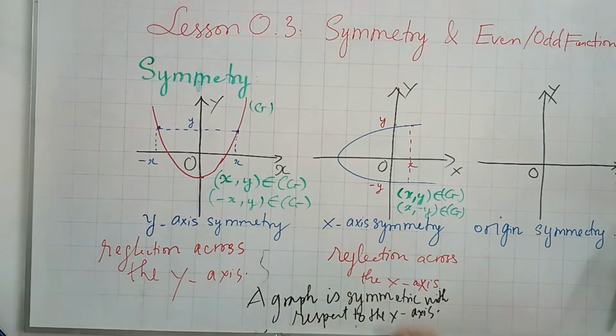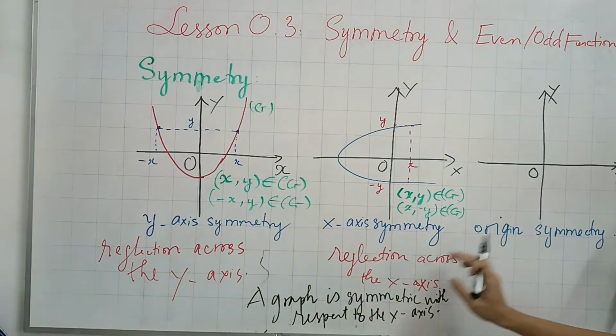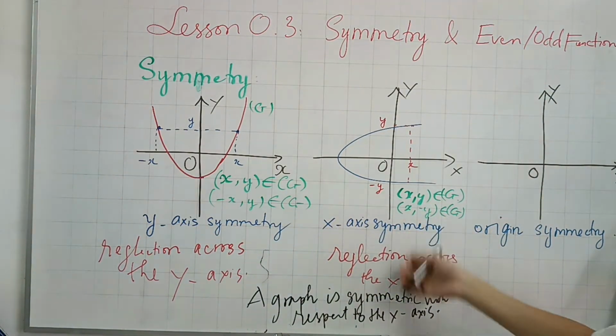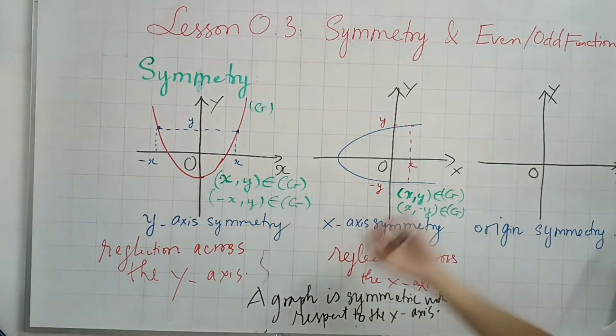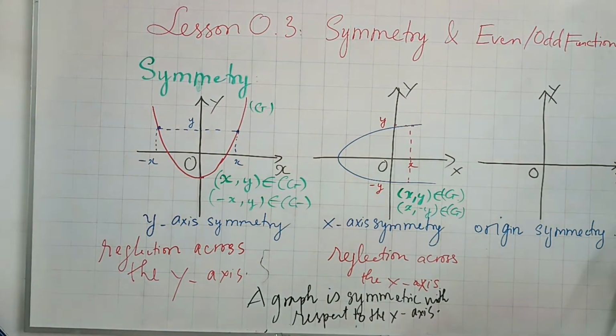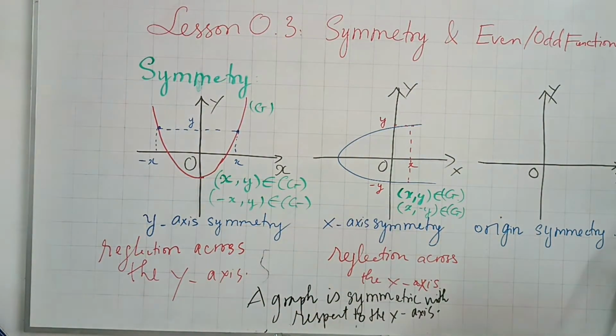Yes, these are three ways to say x-axis symmetry: x-axis symmetry, reflection across the x-axis, and the graph is symmetric with respect to the x-axis. It is the same way to say it for the y-axis and the origin. And when the graph has origin symmetry,